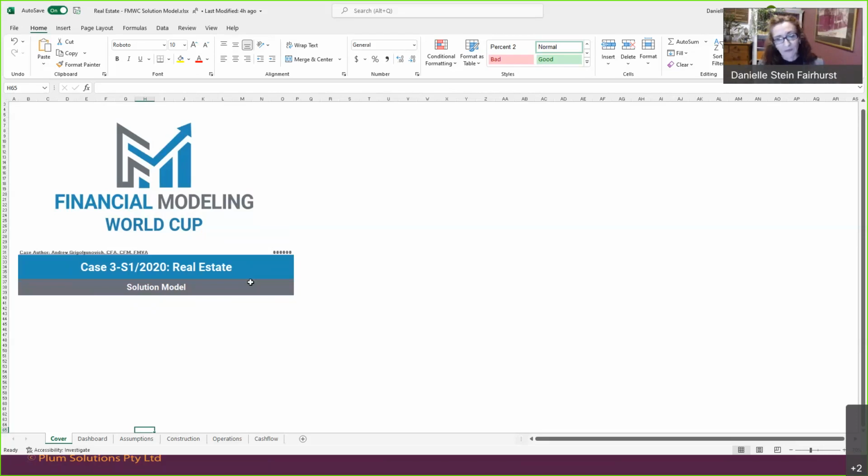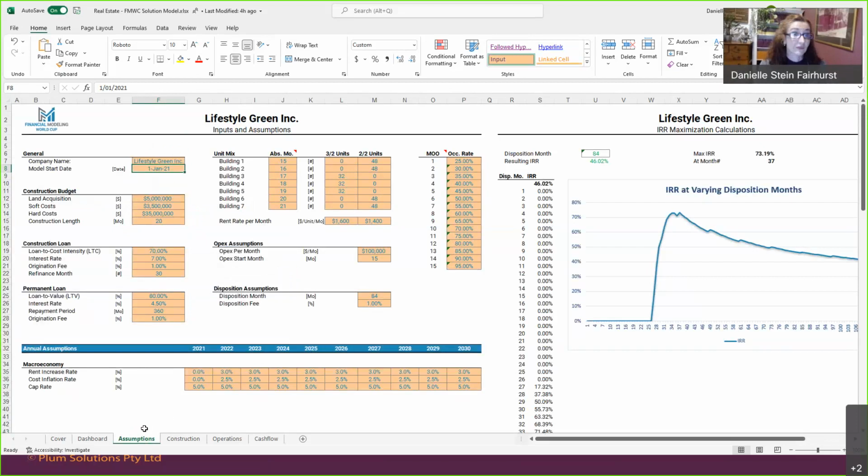And they give models like this. So I didn't build this model. This was the solution model. So you're basically given assumptions that perhaps look like that, and you have to build the model and answer questions. It's multiple choice questions from it, and so it'll say this is a real estate